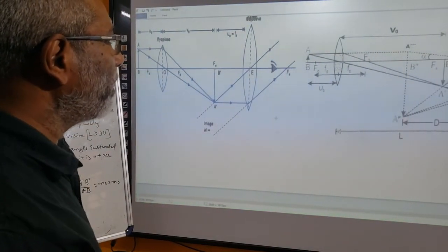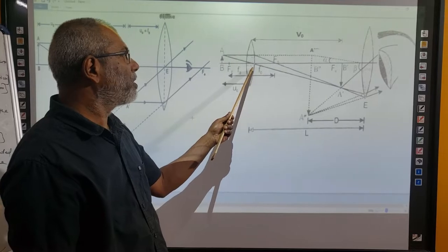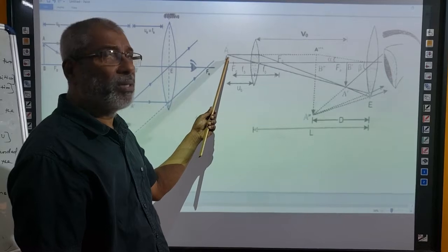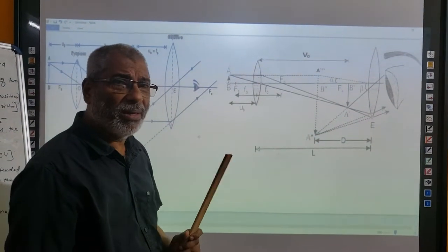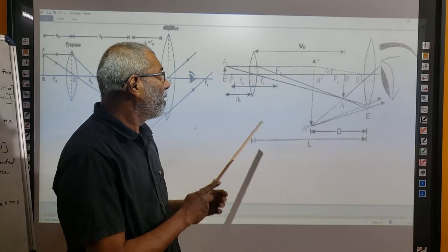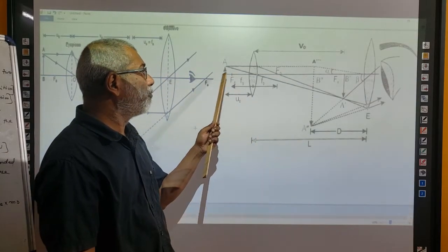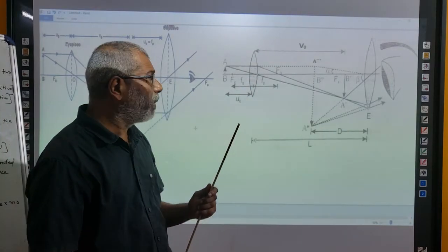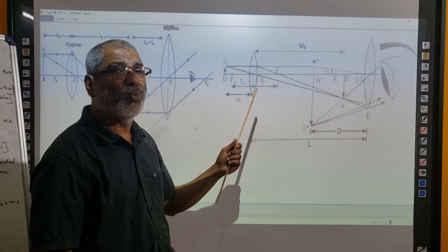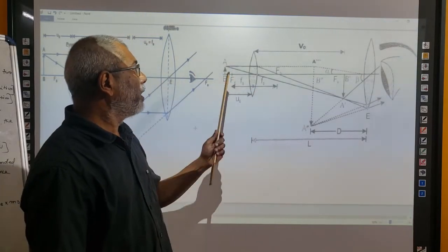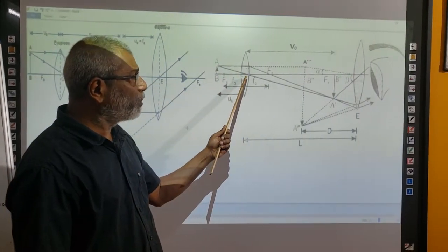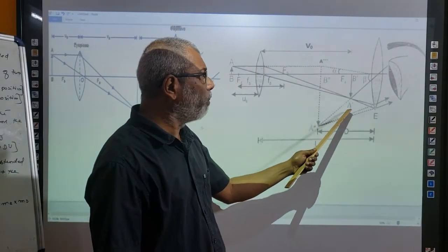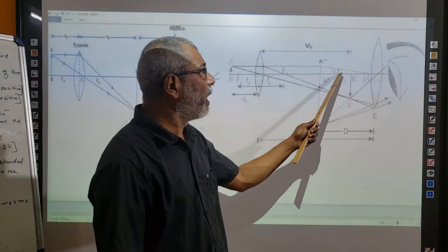What is actually happening here is, this is the object lens. The object lens forms the image of the tiny object which is placed very near to it. Very near to it means it is in between f and 2f of the object lens. Then also we will feel it is very near, because the focal length of the object lens is very short. And the image of this object, the object lens forms as A'B'. This A'B' is actually forming within the focal length of the eye lens.